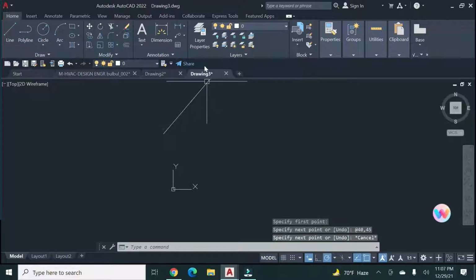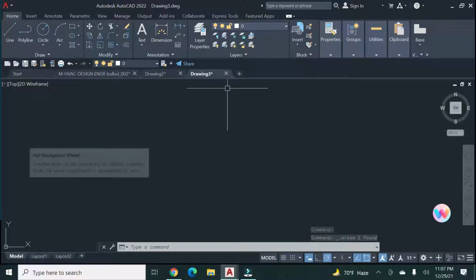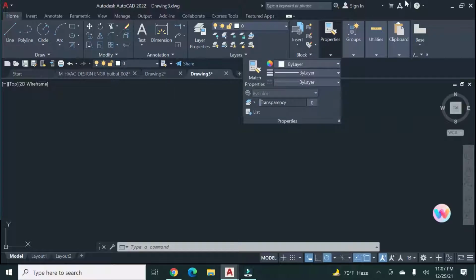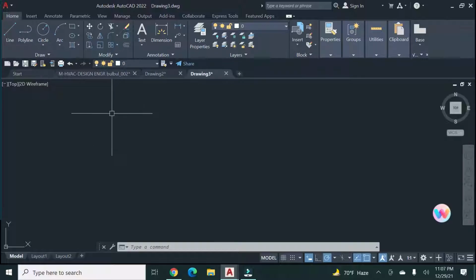Okay, I delete that, I delete again. So we go directly to the drawing sector. Okay, let's start our drawing right now. First we draw a ceiling diffuser. Supply ceiling diffuser, then we'll go to the return ceiling diffuser. For that reason, you need a separate layer for each individual equipment. Okay, you need to take a layer for each equipment like that.